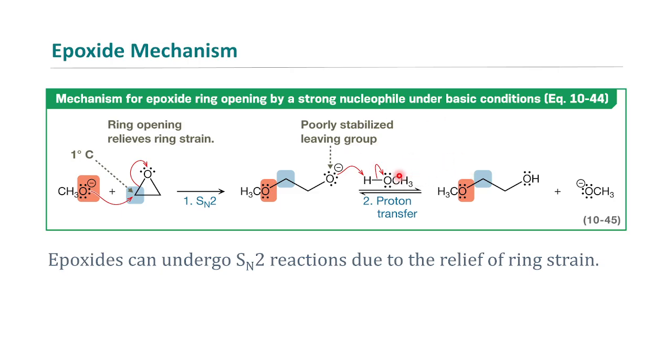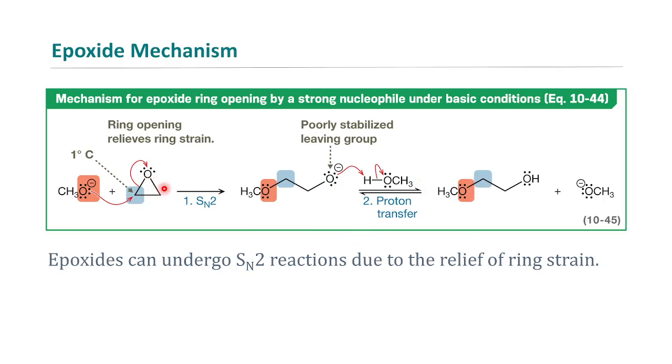Okay, and so we go ahead and do a proton transfer step last, so we put the H on there, making that alcohol. Now that's not as reactive, it's lower energy, and so we have pushed forward this reaction. You will note that we actually regenerate our methoxide here, our basic species. This is kind of an interesting thing, because even though we've added one of those, we do regenerate it at the end,